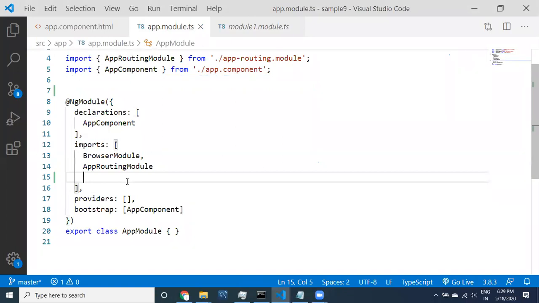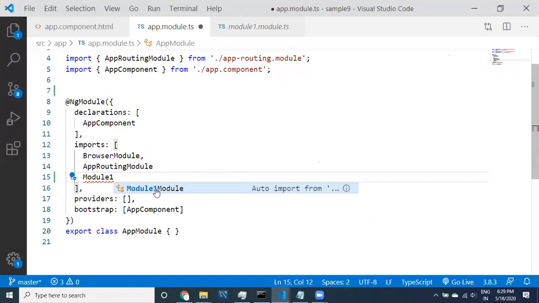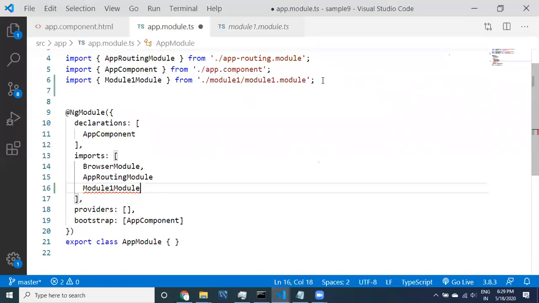The class name is Module1Module. If I select it, it is automatically imported by the editor. Then provide a comma, because we have to provide multiple values, and each value has to be separated with a comma.